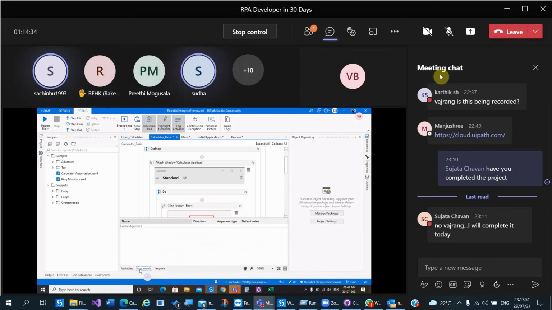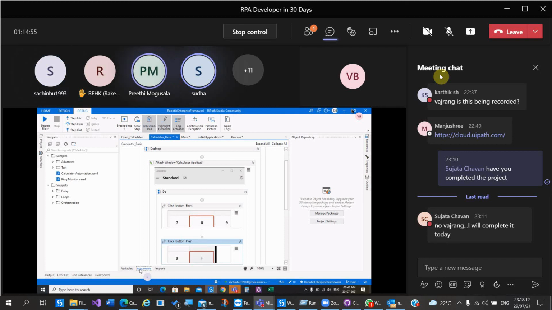Sachin, the data is in the orchestrator queue, right? Then you need to get the data from the queue to pass the data here. For that you need to assign the values. You need to create a variable.